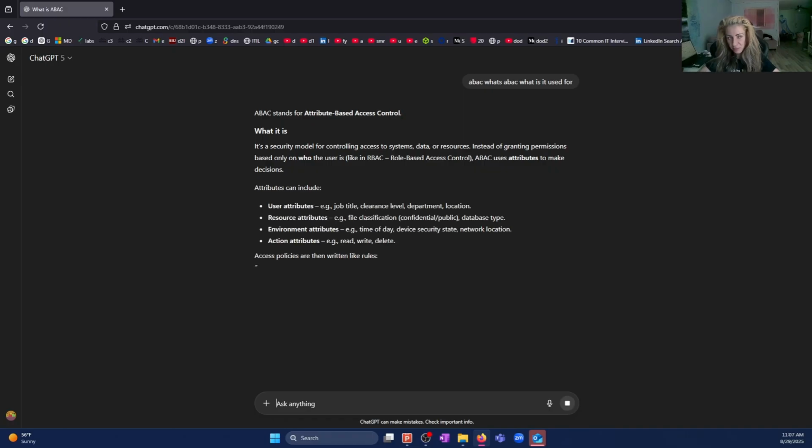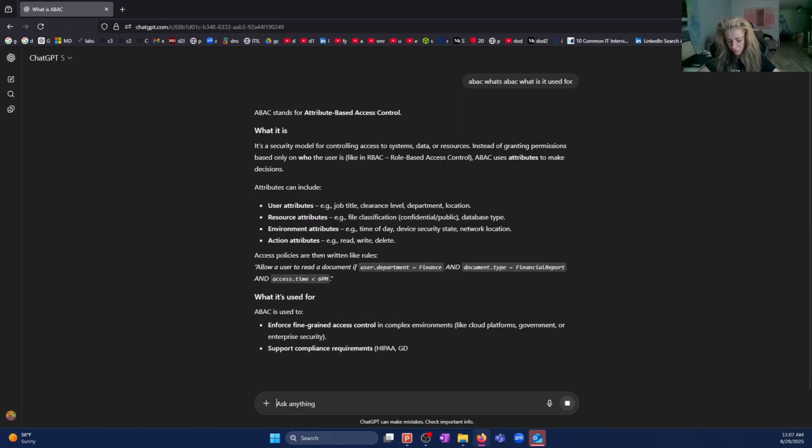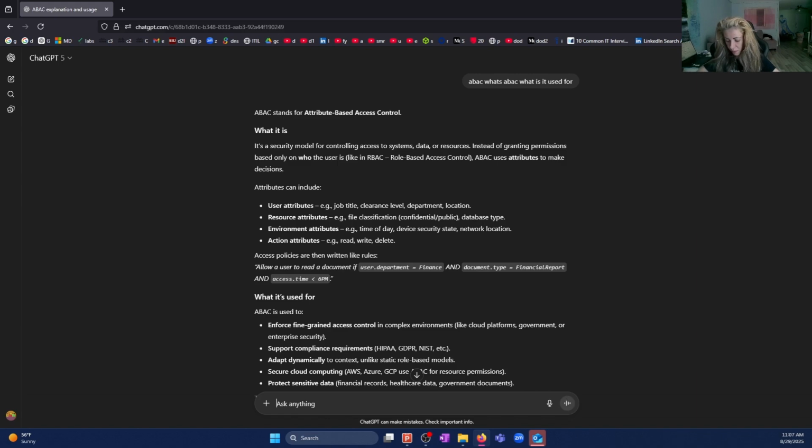Control. A model for controlling access to systems, data, and resources.